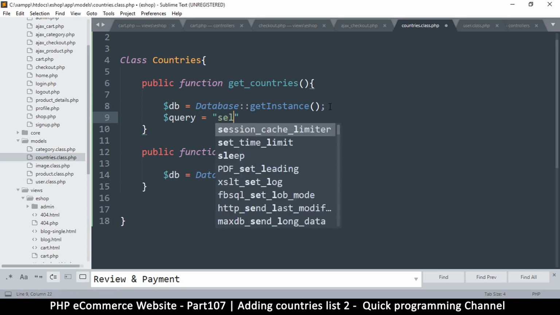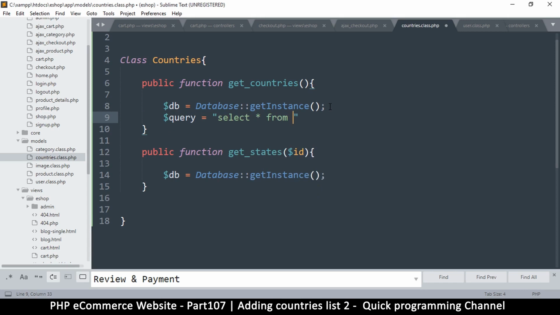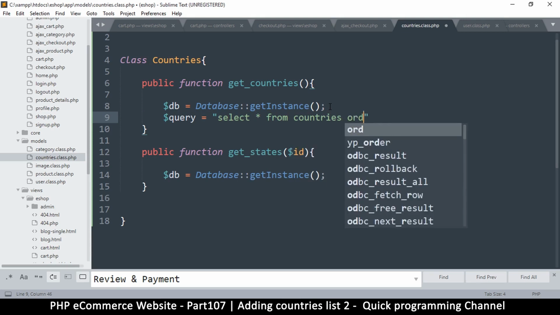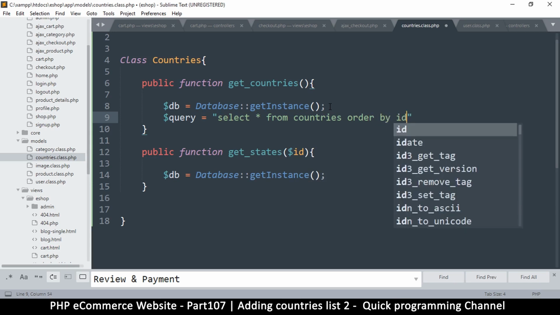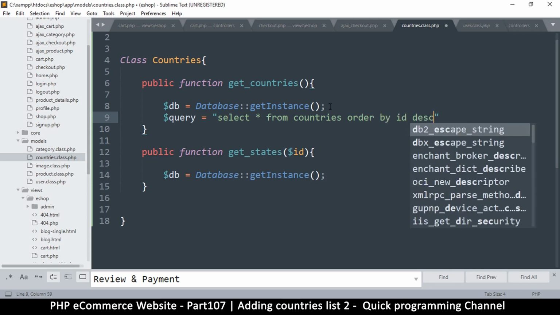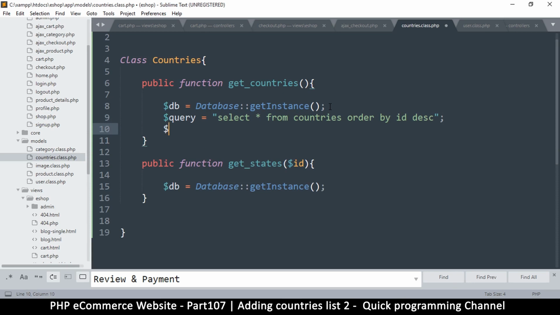Query is equal to select all from countries. Now the important thing is I want the new countries to be first in the list, so order by ID descending. And then we say db read, like so. And let's put our query there, but we need to capture the data. So data is equal to, and now